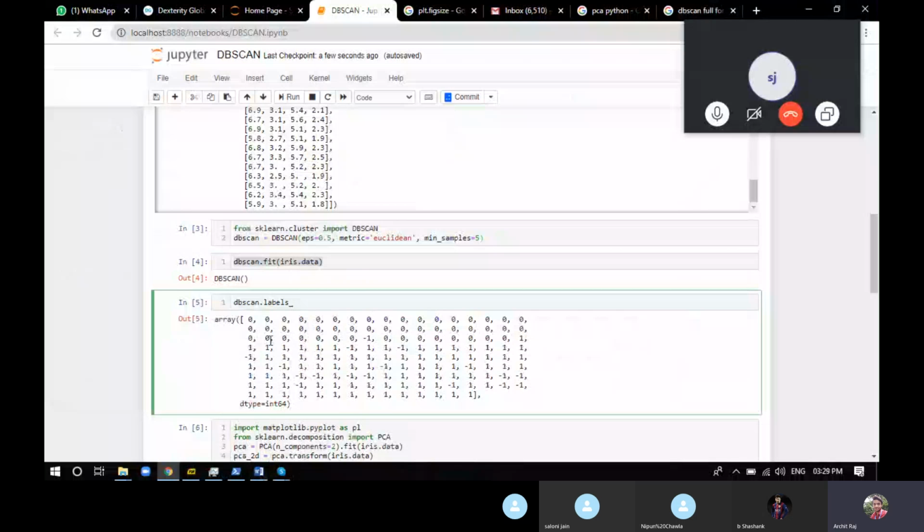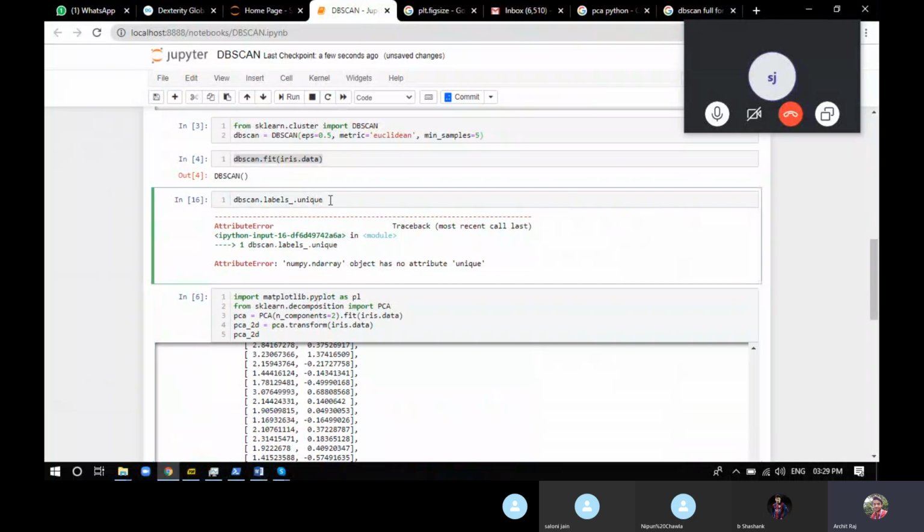Now you can see you have 0, -1, 1. Let's see how many are unique. Okay, it doesn't have any attribute unique. I guess this is for a data frame, no problem.